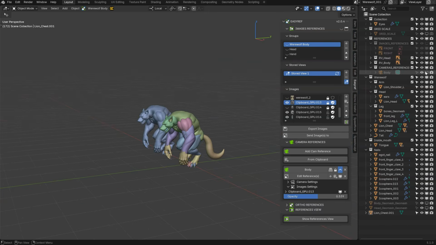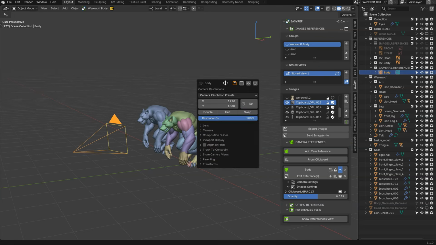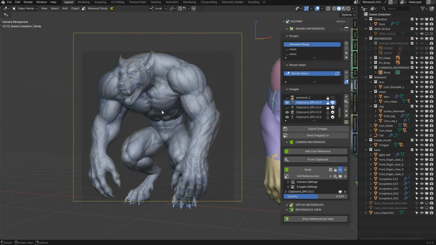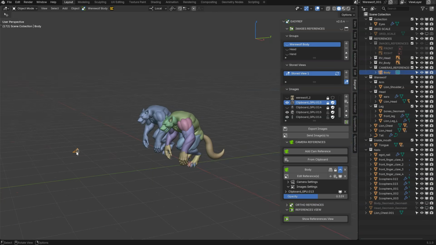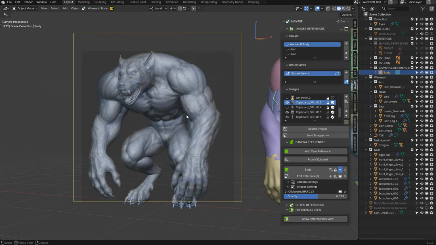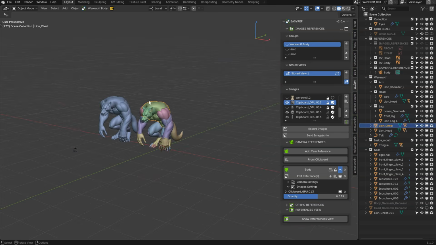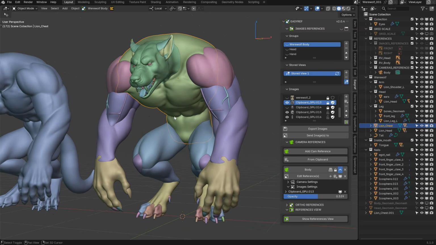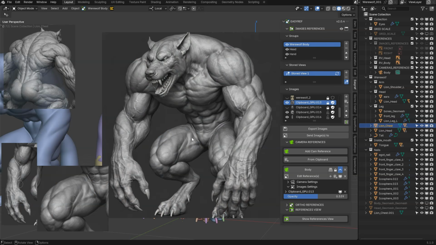But I can take my camera and scale it up. Cannot. Transform. It's locked. 0.1. Like that, and let's see if I go. Yes, this is perfect. So like that, I can lock my camera up. Let's do that, and still see my results. Okay, so this video is way too long, but you can see the interest about all of that. You can see that it can be interesting.